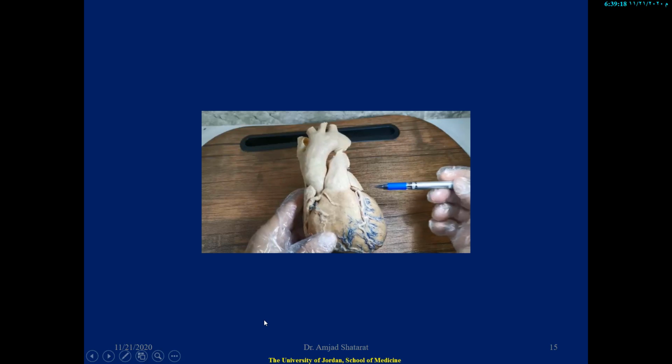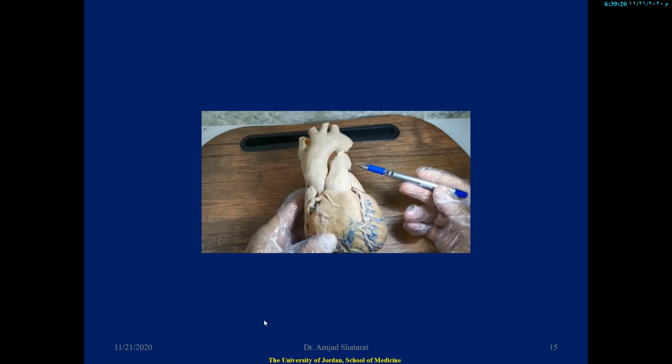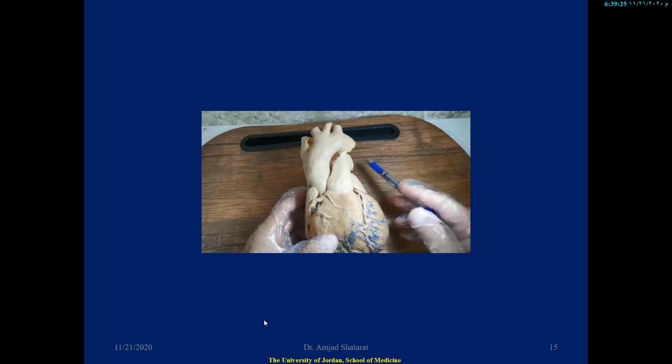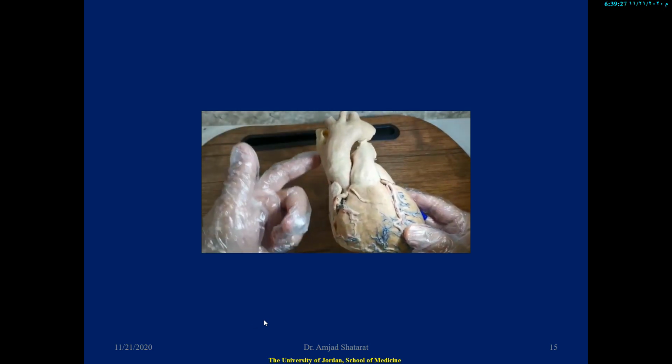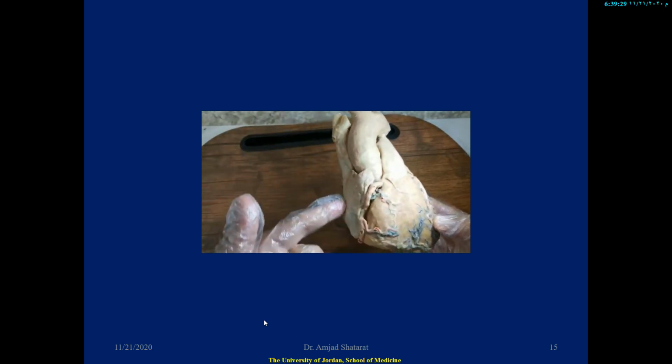Now let's talk about the borders of the heart. This is the left border of the heart, and on the other side, of course, here is the right border of